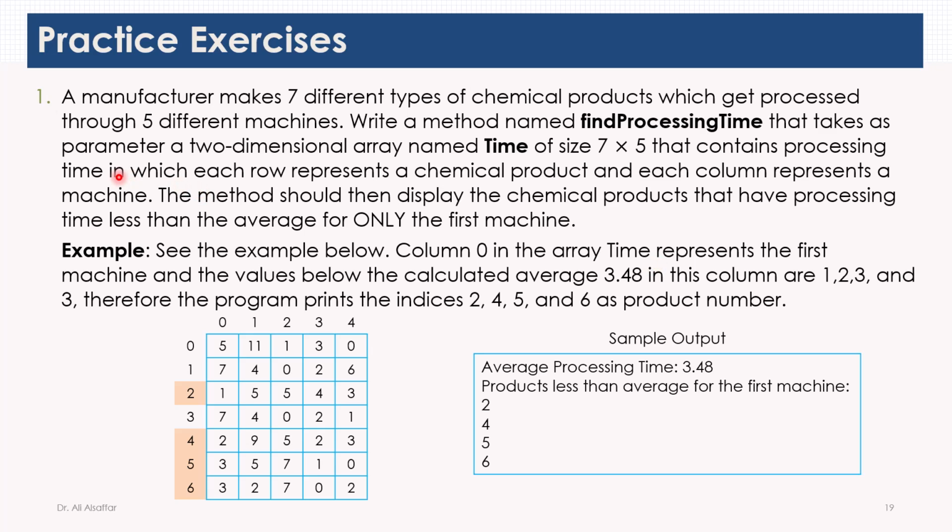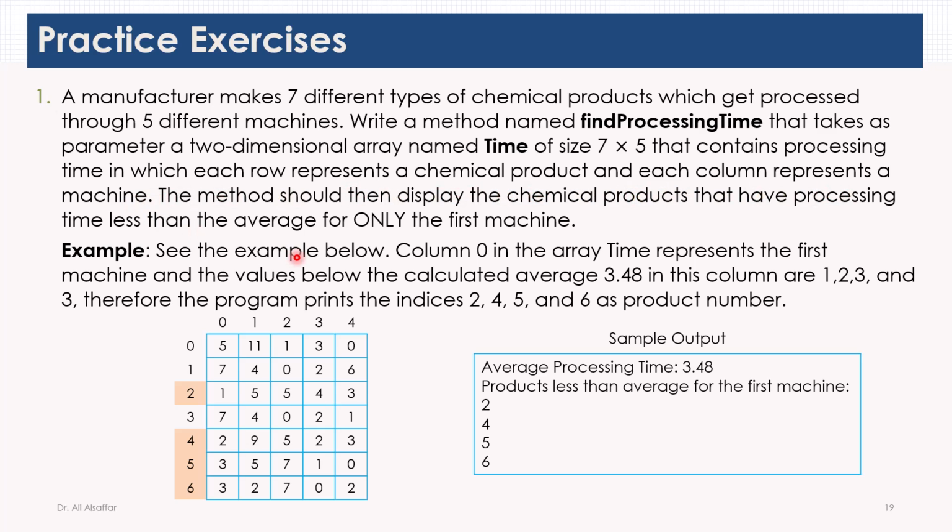To get more practice on processing two-dimensional arrays, we would like to have some practice exercises. In the first exercise, we have a manufacturer that makes 7 different types of chemical products which get processed through 5 different machines. We need to write a method named findProcessingTime that takes as parameter a two-dimensional array named time of size 7 by 5 that contains processing time in which each row represents a chemical product and each column